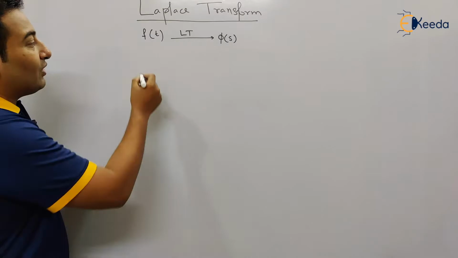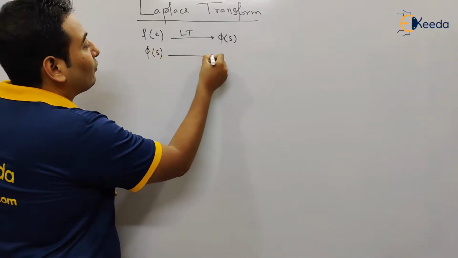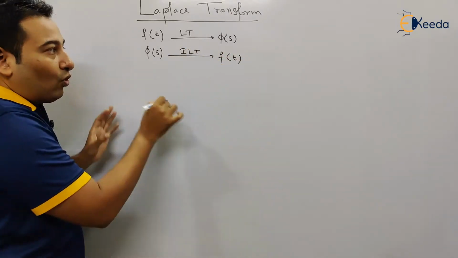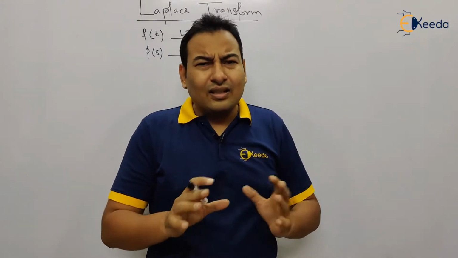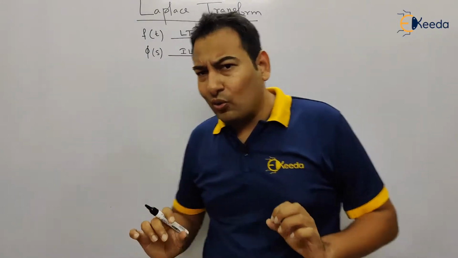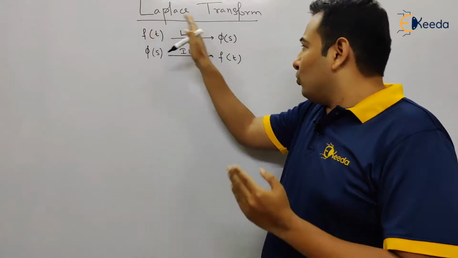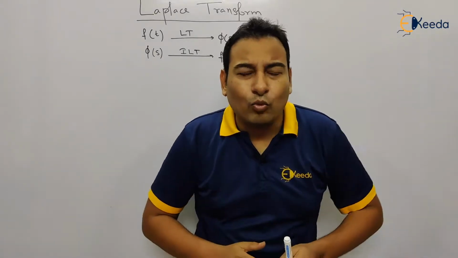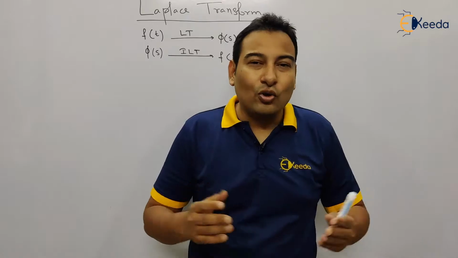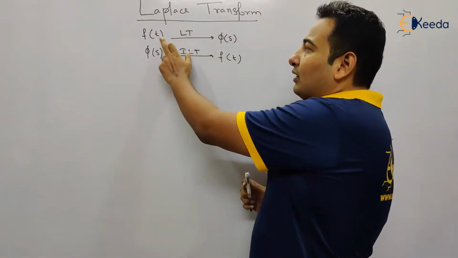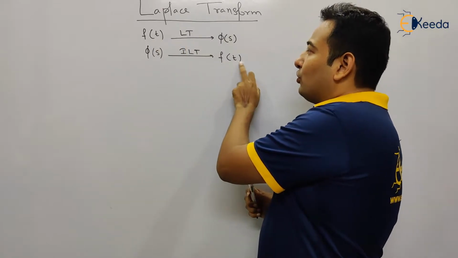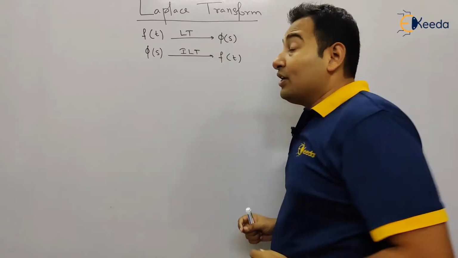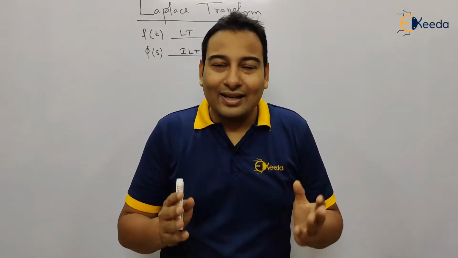And in inverse Laplace transform, we convert the problem back to T. So this is what we're going to do in this entire chapter. You can consider these two as different chapters, or you can take it as one chapter only. The first is converting from T to S, and in the second we're going to convert S back to T. Obviously, if your question is in terms of T, you expect the solution also in terms of T. We are just getting an intermediate, that is the Laplace transform, which is S. Why we're doing that, we're going to discuss in a later part of the video.